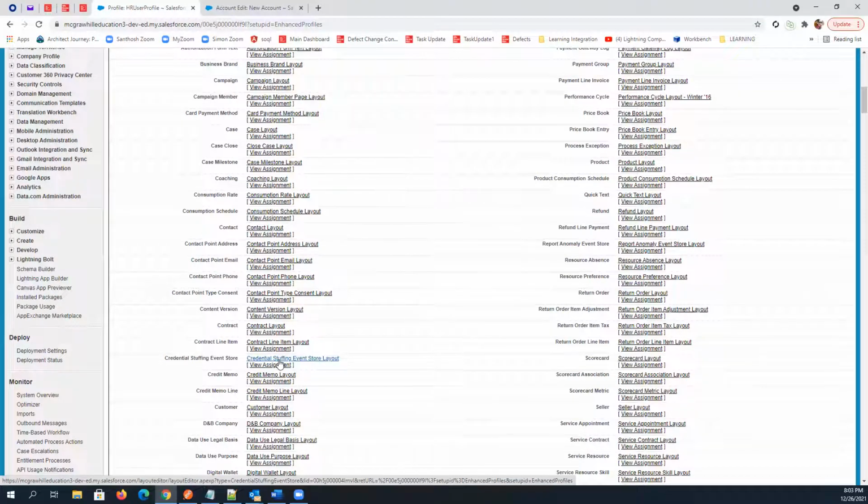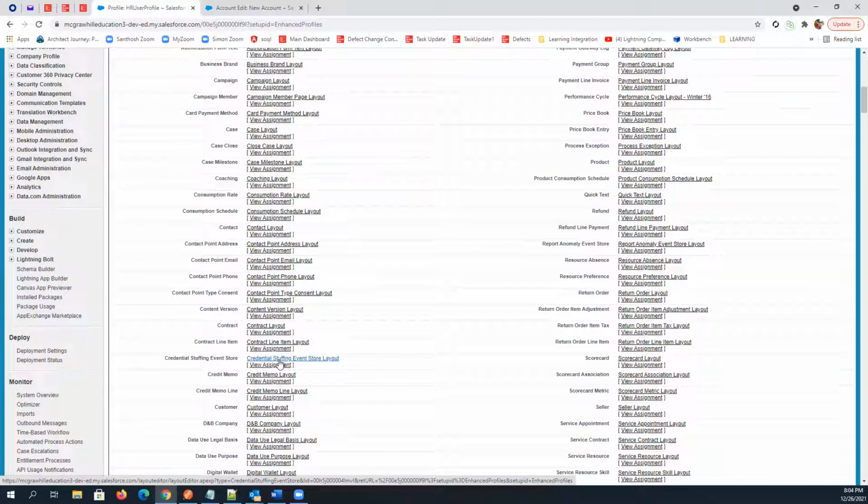Guys, if you have anything in your mind, please ask. So this page layout section, this setting will be applied to all the users that have this profile. Absolutely. It can't be a different page layout for the same user profile. Whatever change you make on this profile will reflect on all the users who have this particular profile, right? Okay, because the access levels are common, right? Right.